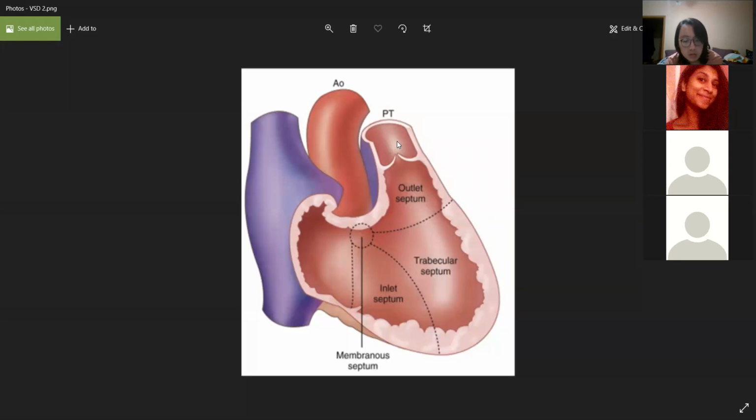And sometimes your S2 can be split. There's wide S2 splitting. Wide S2 splitting. Norman, can you repeat again? Harsh pansystolic or holosystolic murmur on your lower left sternal area or border with or without trills, with or without wide S2 split,